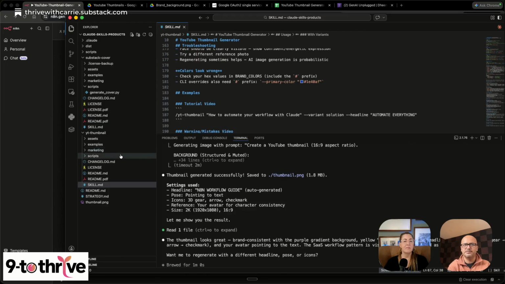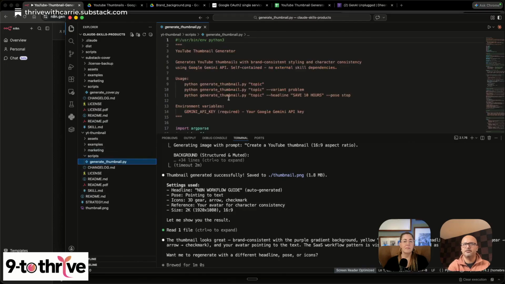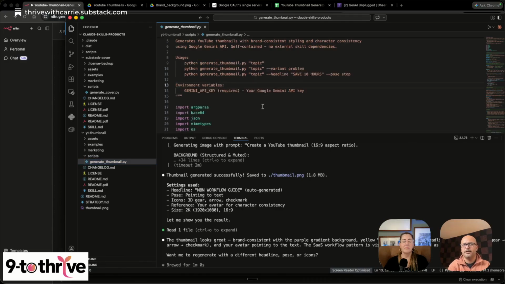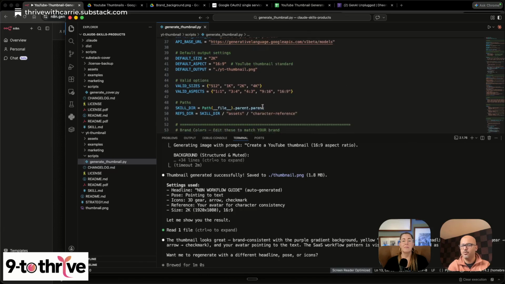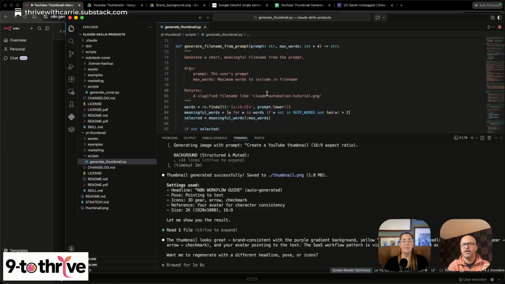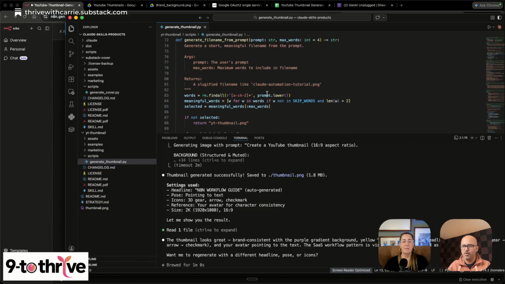But behind the scenes, it is using this generate thumbnail Python file that it had created, and it is using this Python file in order to make the call to Nano Banana Pro. So all the configuration is over here, the model, how to make the call. It's a combination of both your markdown file, which is plain English, your system prompt that gets saved in your Claude skills directory, and then the Claude skill directory is using the generate thumbnail Python file,